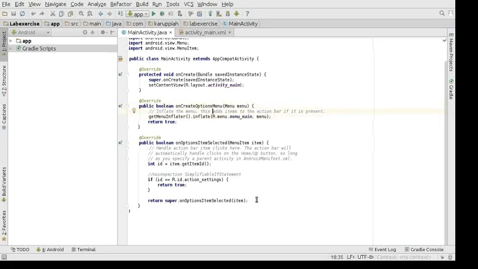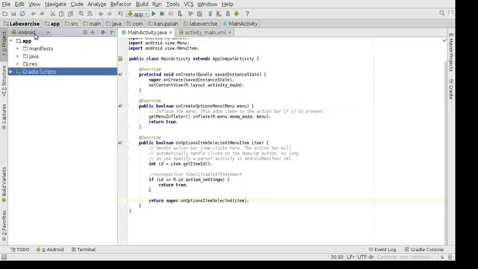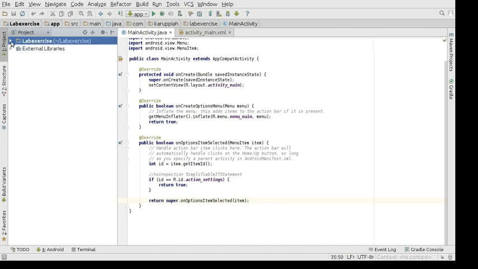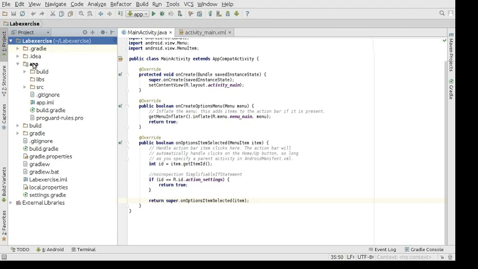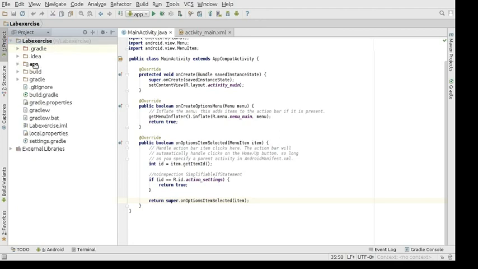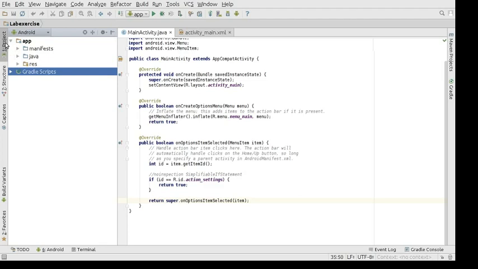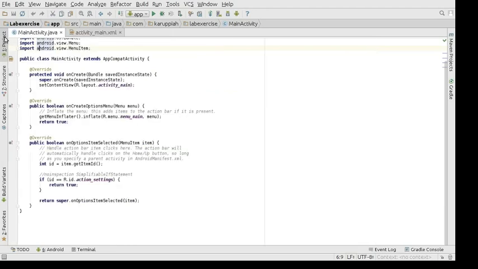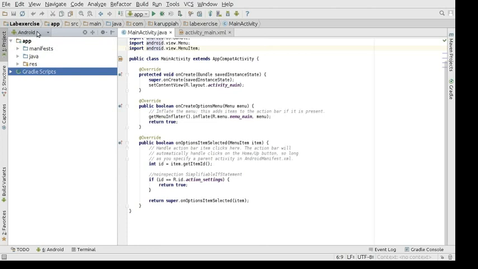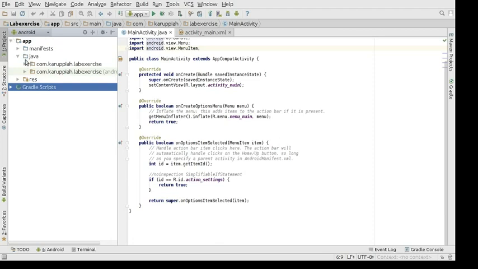So yeah, now we have the lab exercise project. First of all, you need to choose the Android option over here, because if you choose project, you'll have so many files, and we need only these files. Just choose Android from this bar. If it's not open, sometimes it'll be closed like this. In this case, just open it up and choose Android, and the code will be under app, Java,